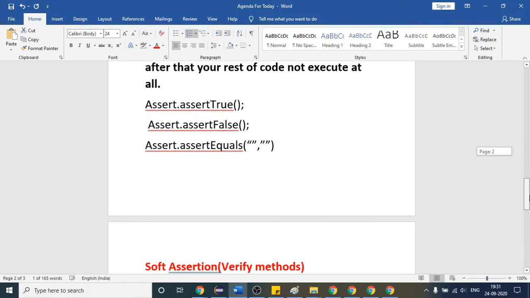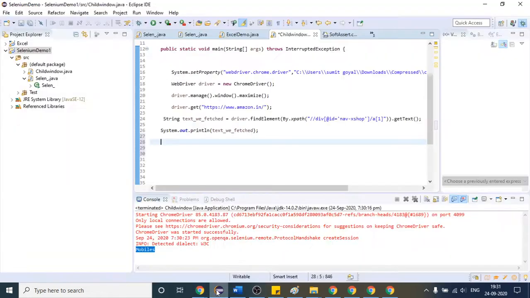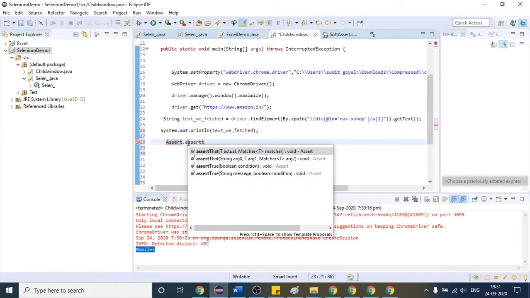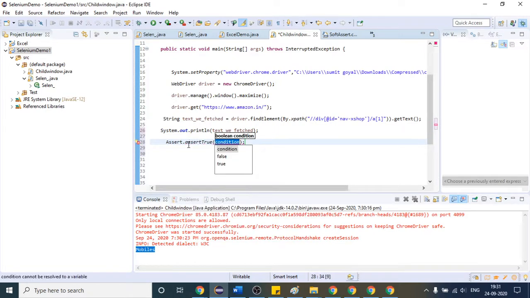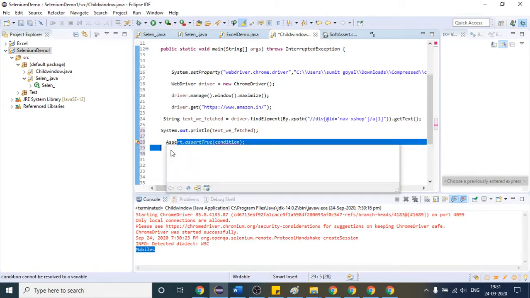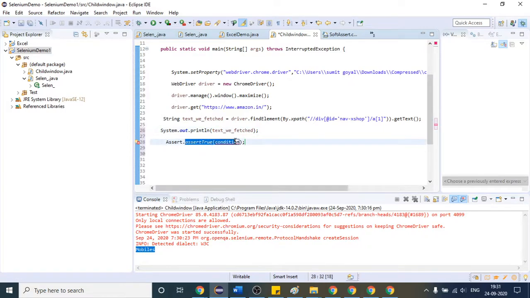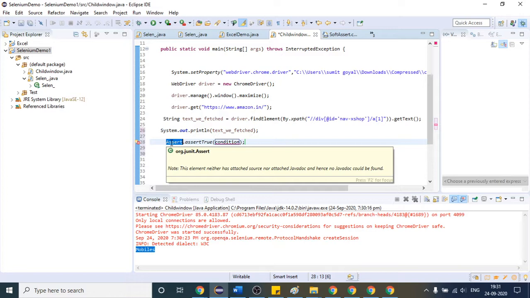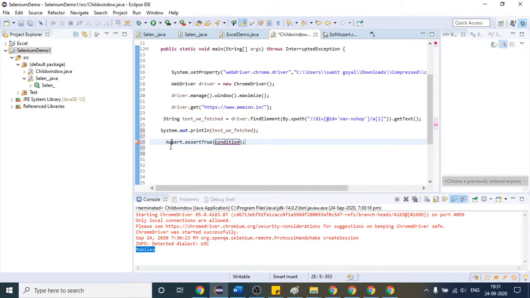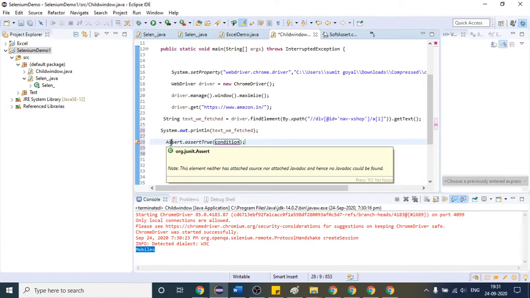But first let us see, I think this is the one. Let me come here only. I will go there after some time. So to use the assertion, use this line, Assert dot assert. So this is one method. You can say that this is a class, and inside that class there is one method, which is this one. And that class is coming from the jars which you have given to Eclipse. Otherwise you will see an error here if you do not import the jar. So that is a mandatory step.